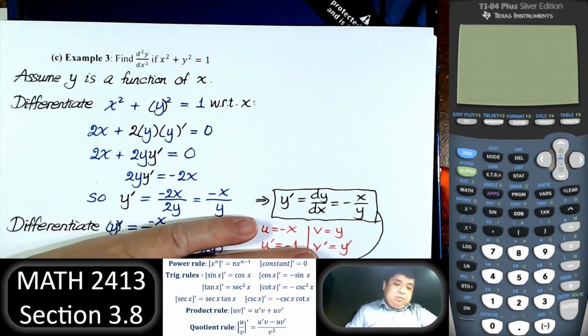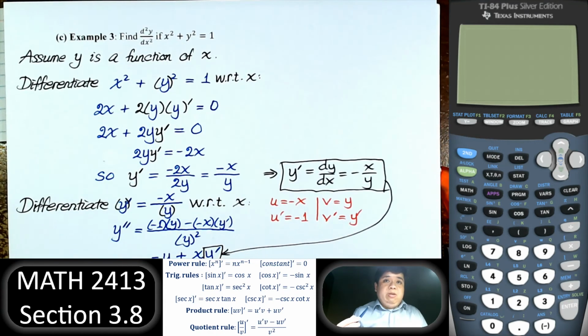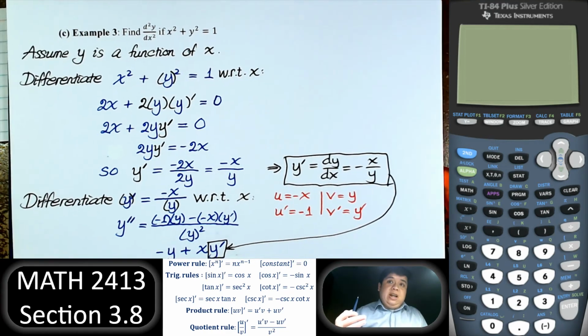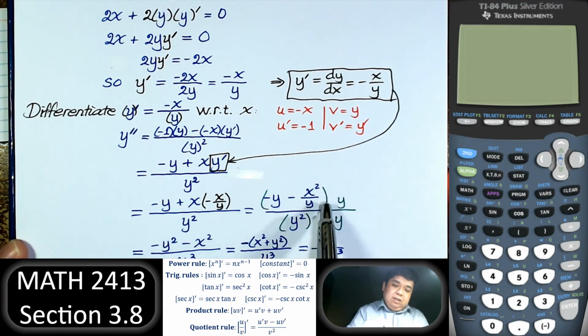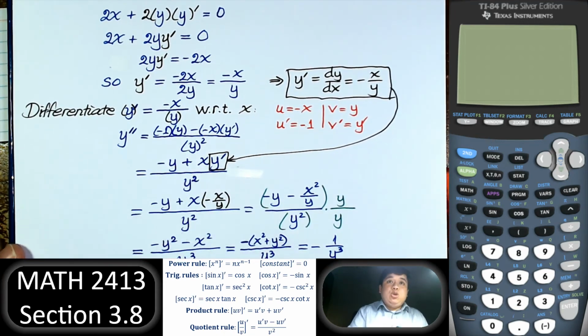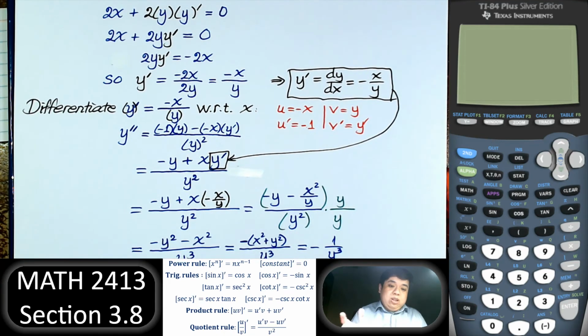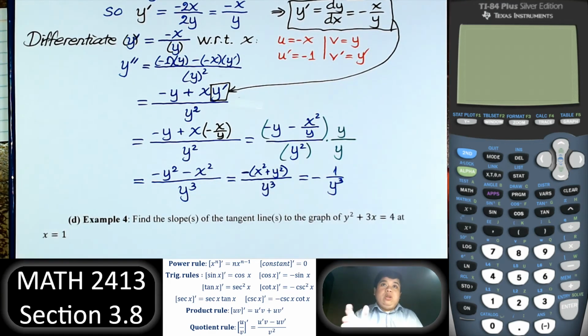Once again, this one we asked to find second derivative. So we take the derivative first, and then we take the derivative one more time. The second time we have to use the quotient rule. And when we simplify, we have x squared plus y squared, which is 1. So we substitute back in. That's what we have. Next,